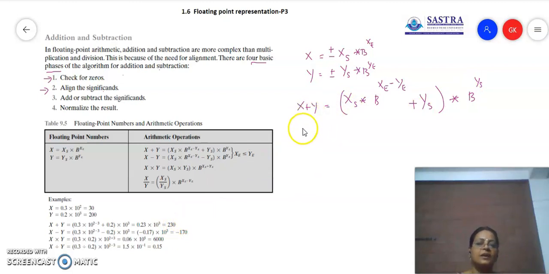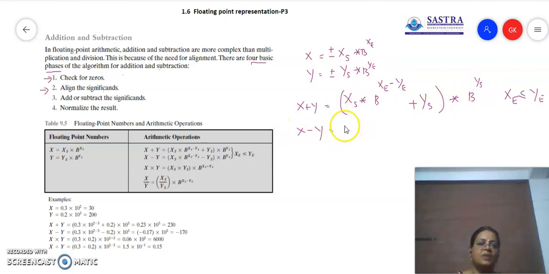Then we will do the equation for subtraction. If I want to subtract x minus y, again the same thing, we have to compare the two exponents. If the exponents are not equal, we have to take the smaller exponent and make it equal. So either we can bring the bigger exponent to the smaller exponent, or the smaller one to the bigger, depending on availability. Here the condition is xe is less than or equal to ye, that is, the smaller exponent is less than ye. In that case, we make this exponent equal to ye. For that, whatever is the difference, we adjust it in the significand of xs. Once you adjust the significand of xs accordingly, then you can refer to the second component's exponent as such.